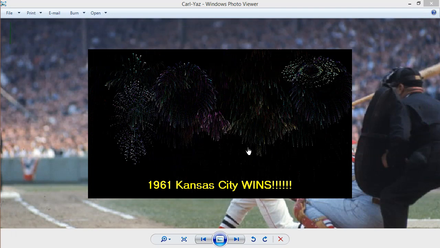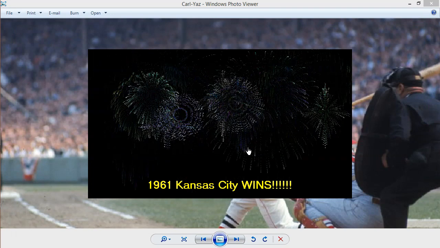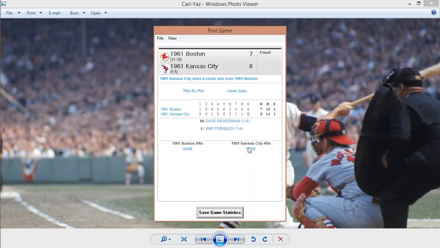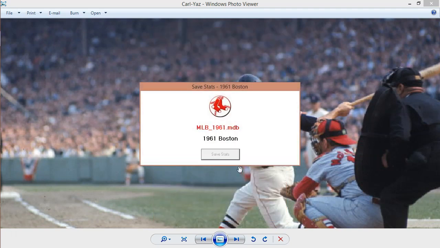Red Sox did actually win this game. I think they won by a score of 7-4. And they took that 7-4 lead. It was not a good thing for them. They took it too early. Yep. I think it was 7-4. All right, so let's save it and wrap it up and be done.